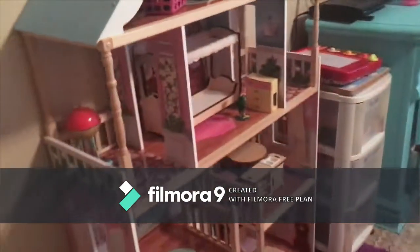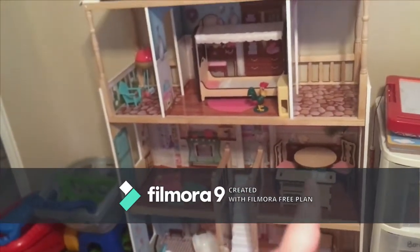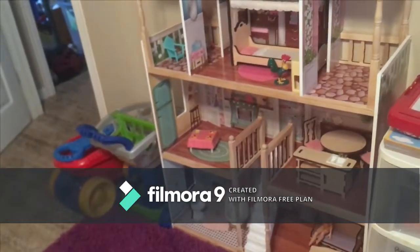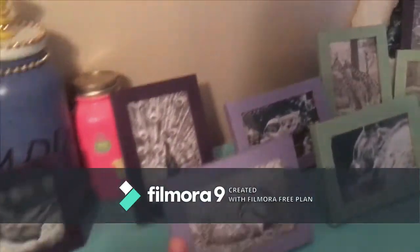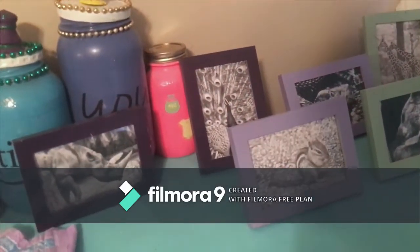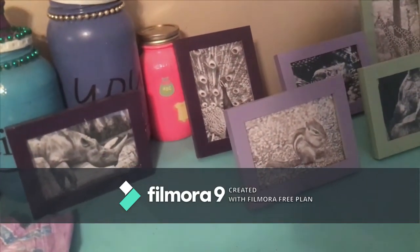So we just got her this dollhouse for Christmas when we first moved in. Probably more like her birthday, but her Christmas basically. Just some pictures and stuff from her nursery, because at the old house her room was themed in baby animals with light blues, purples, grays, and then